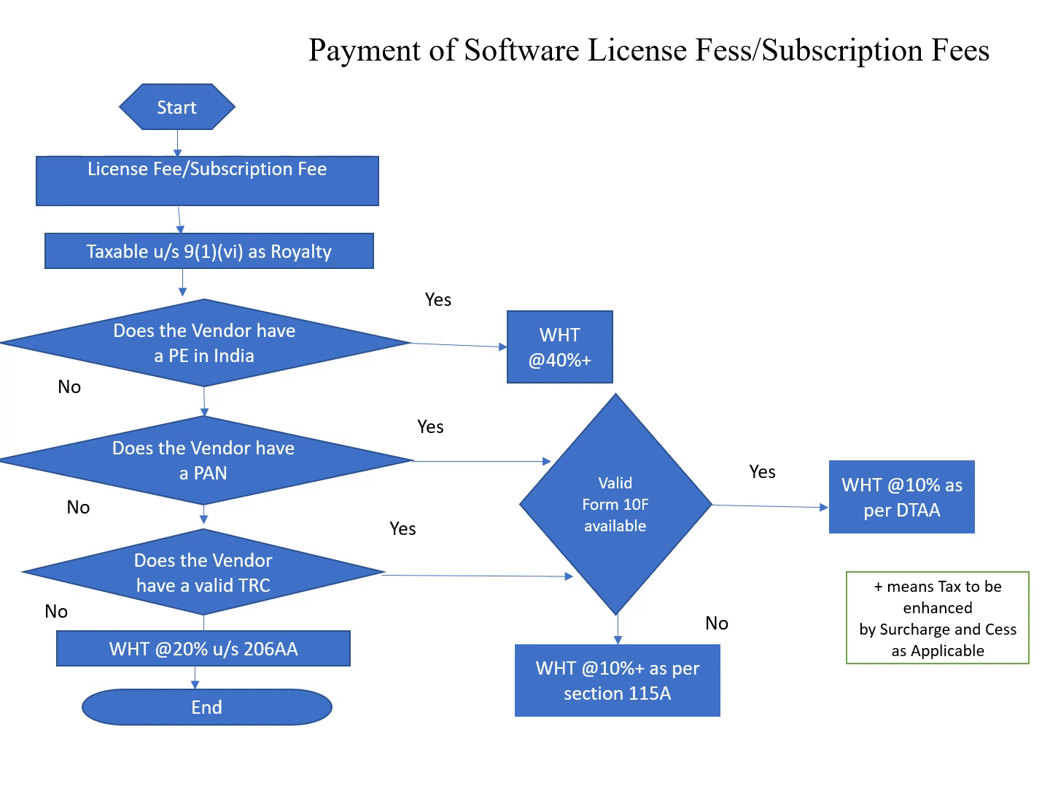We have to wait and watch whether the same extension will be granted or not. So suppose the vendor doesn't have a PE, doesn't have a PAN, and doesn't have a TRC, then TDS is taxable at the rate of 20% under section 206AA. So I hope this flowchart will show you, in a very short way, how to deduct TDS on any software license